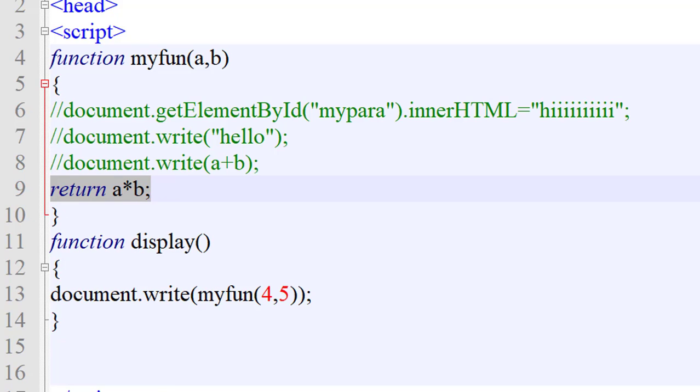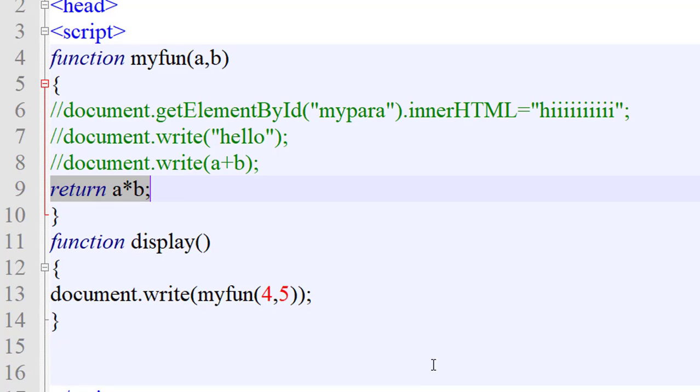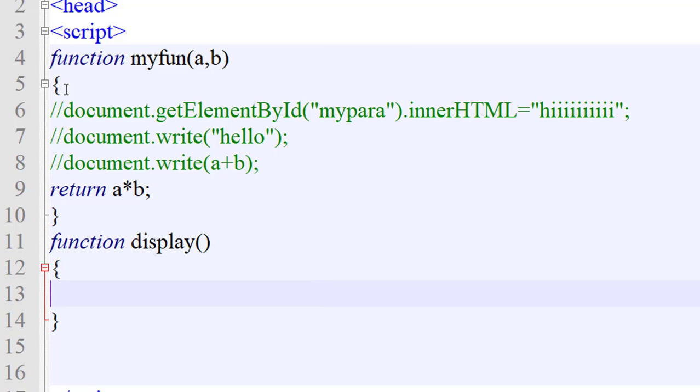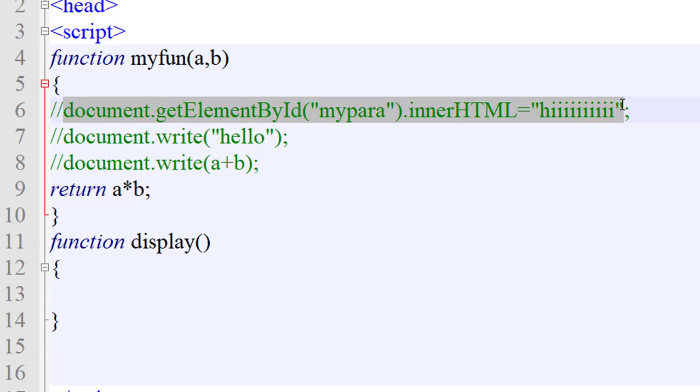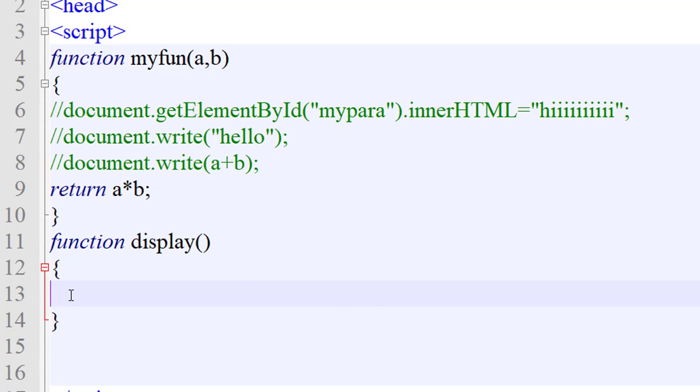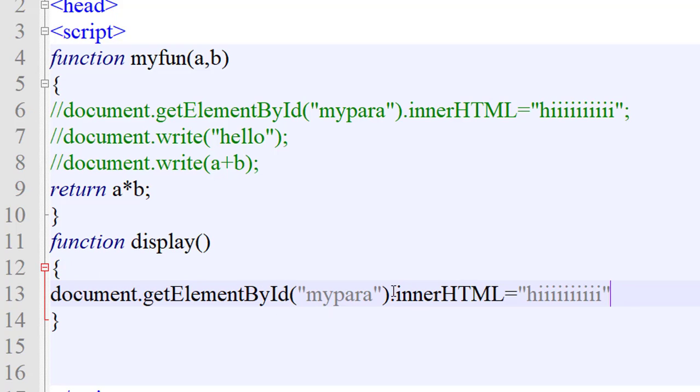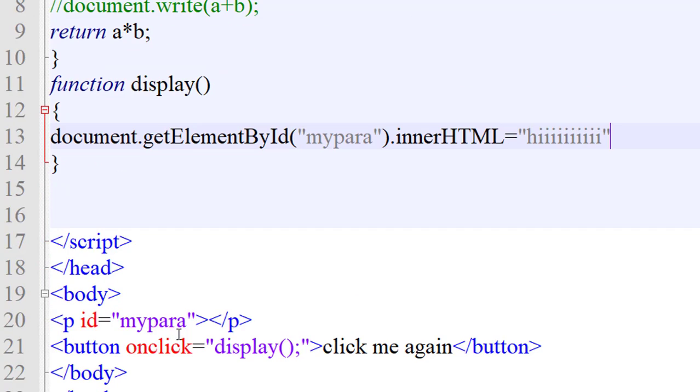Okay, if I want to display, see, the button is not displaying here, I want the button also. So I will just copy the first line, document.getElementById, paste it here and call my para, because I want to display the output in the my paragraph.